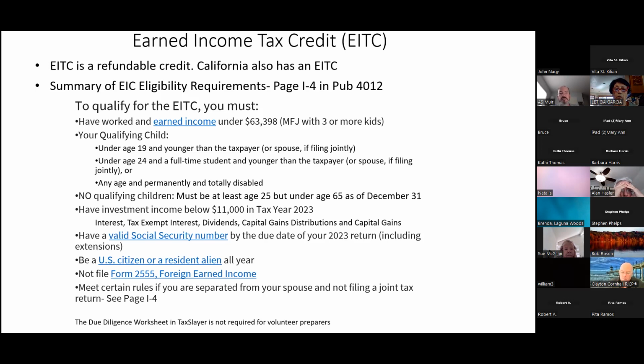So you can get it with qualifying children or without. Again, you've got to meet all the rules. And so for a qualifying child, they've got to be under 19. They've got to be younger than you. Or if they're going to college, a full-time student, and they're under 24, then they could be considered a qualifying child. And when you're talking about a full-time student, the taxpayer is not going to determine full-time. It'll be the university or college that'll determine full-time.